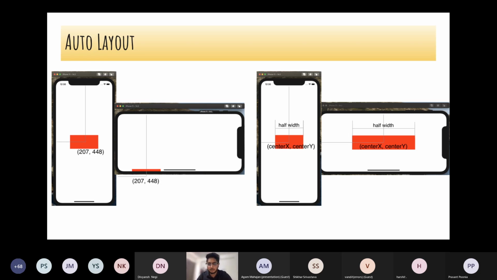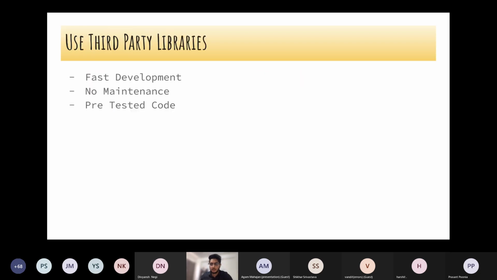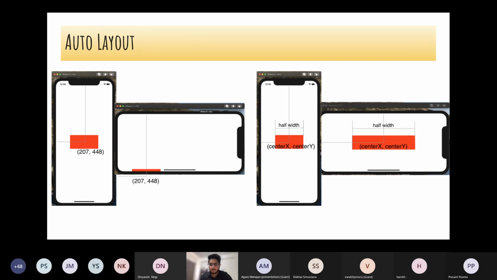This is one use case, but a lot of use cases come this way. Everything should be auto layout, or relative layout if I can say. You should make this a habit: don't have hard-coded constraints, have relative constraints and relative layouts for your views. Let's say again you have web. If I go from web to mobile web, the UI should automatically adjust so that it does not break. Cool. Any questions here?